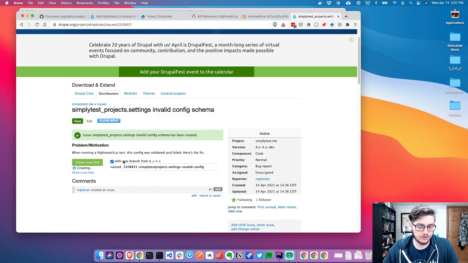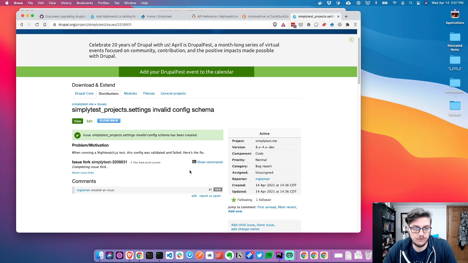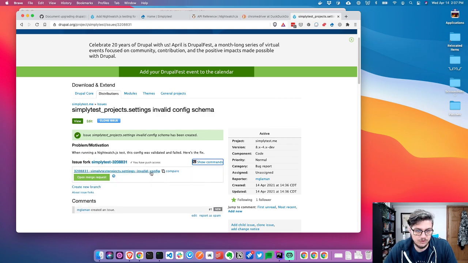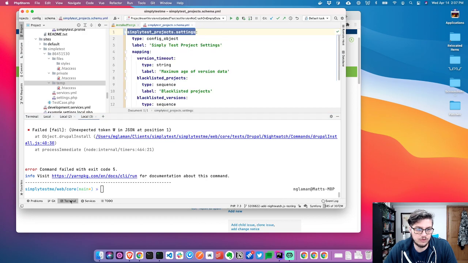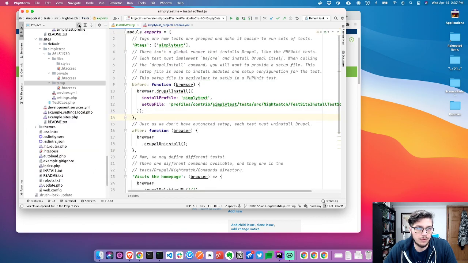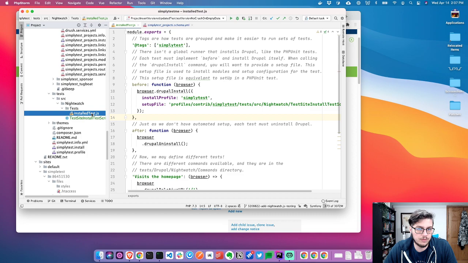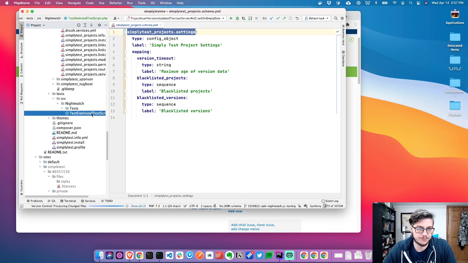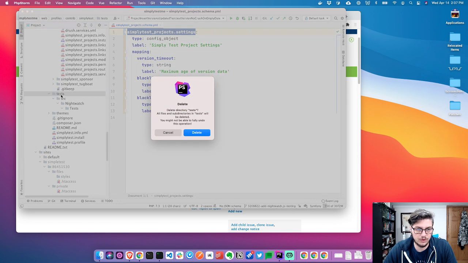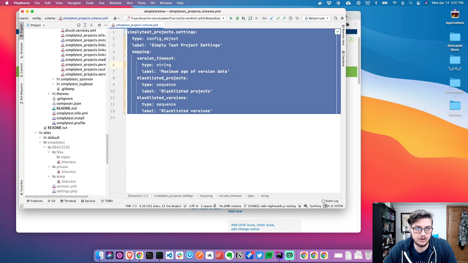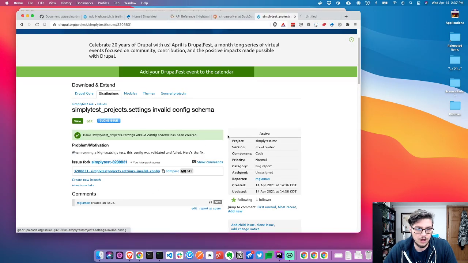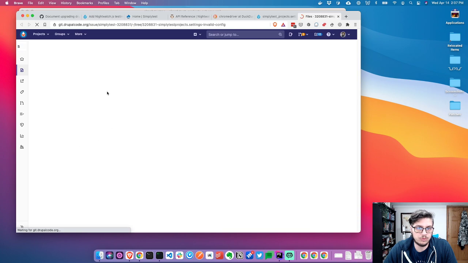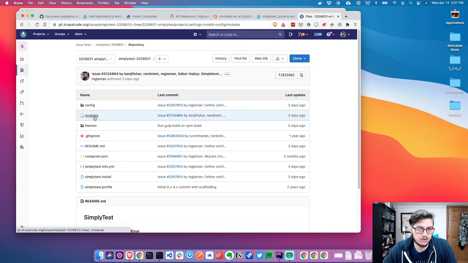All right, let's create this issue fork, and I'm going to fix that config, and then we're just going to move to functional JavaScript tests. Because I don't have time to sit and figure out why this is being so finicky. It's a really big bummer because I did want to use Nightwatch.js for this, but I also just want to get tests written at the same time. So I'm going to provide this fix,